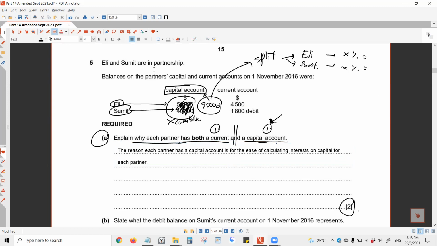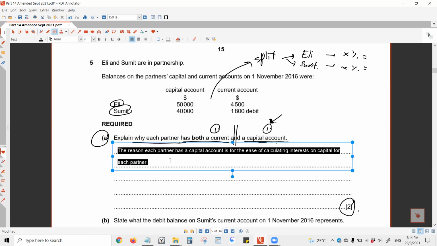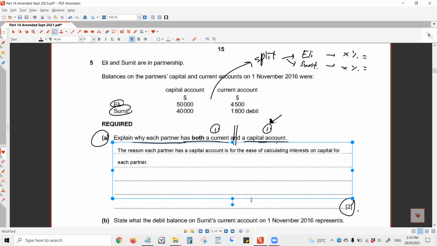Okay, what about explaining current account? Why do we need to have a current account for every partner? It's for the sake of knowing which partner has taken more drawings. So you write together with me. The reason each partner has a current account